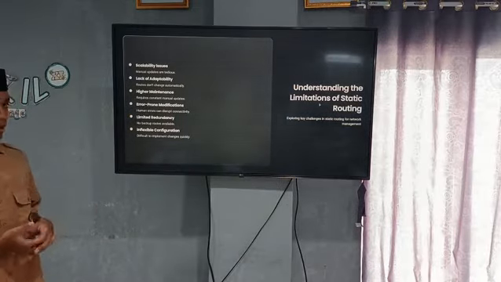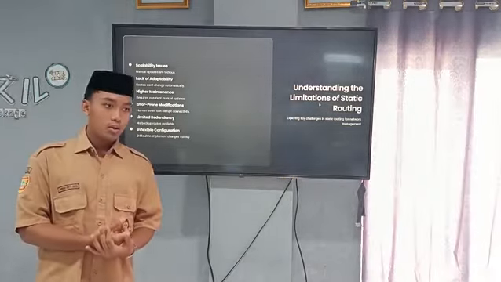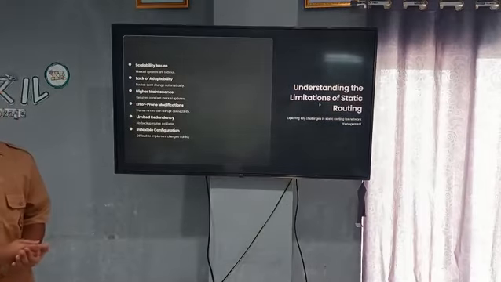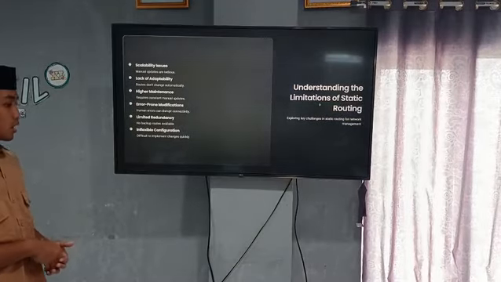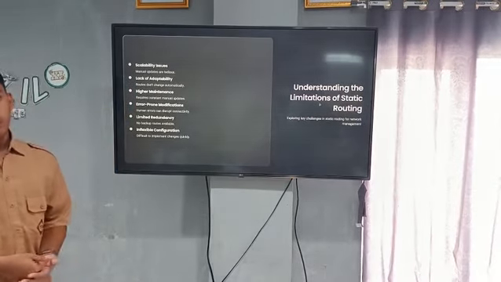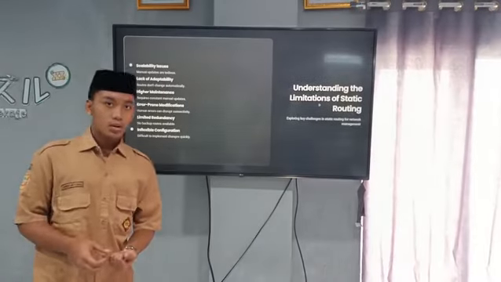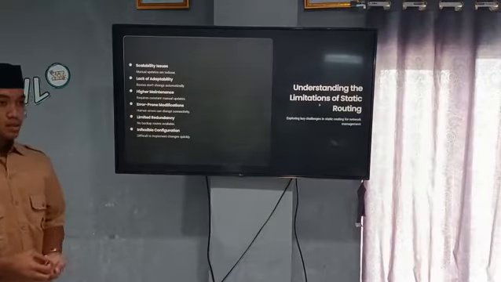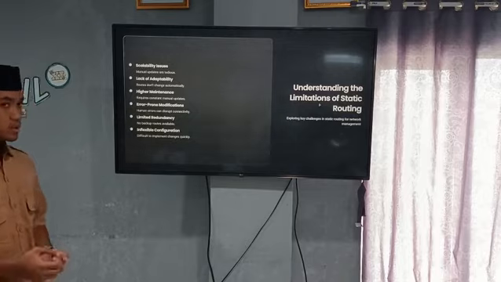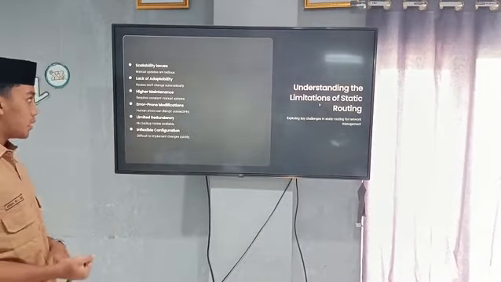But in dynamic you can just put in a network and it will change automatically, or choose the effective way with less metric or less cost. It will be chosen automatically if you are using the dynamic route.